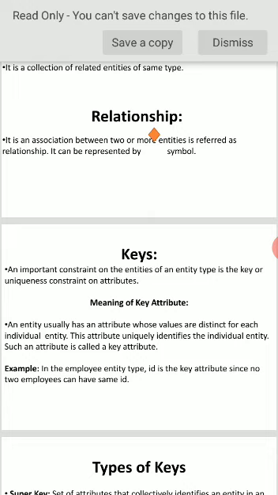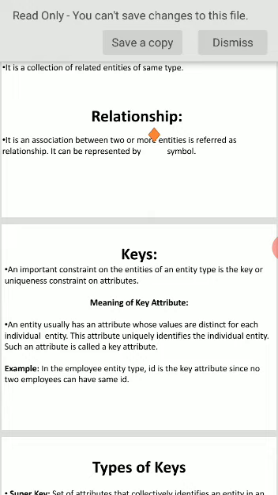Next, meaning of key attribute. An entity usually has an attribute whose values are distinct for each individual entity. This attribute uniquely identifies the individual entity. Such an attribute is called a key attribute.